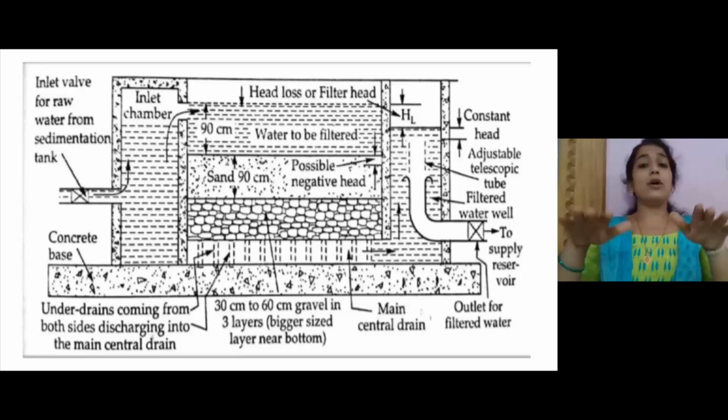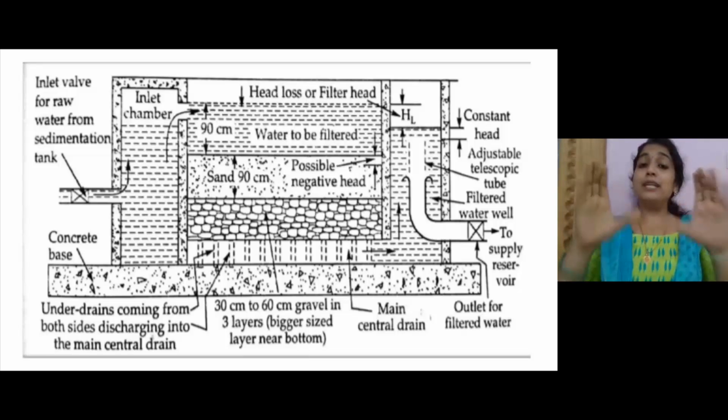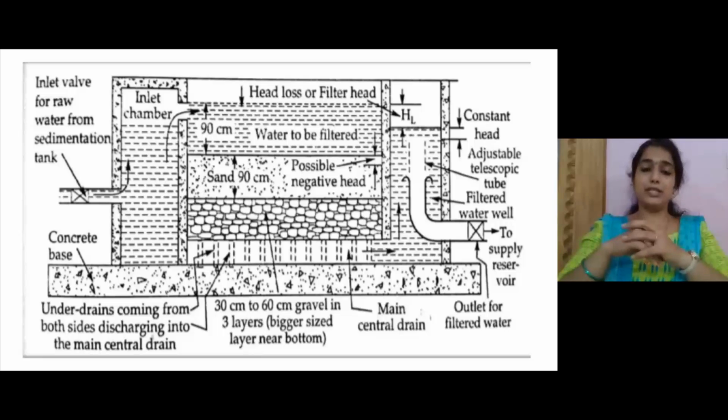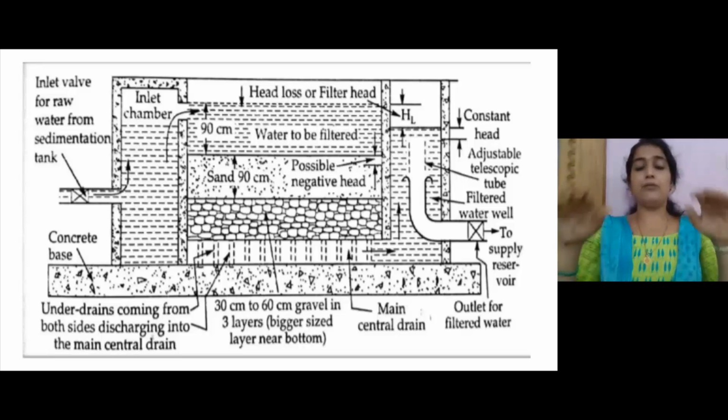This entering of effluent from the inlet chamber to the filtration chamber should not disturb the filter media present in the filtration chamber. So the water is coming from the plain sedimentation tank, entered into the inlet chamber, then again it entered into the filtration chamber. Then the water passes through this filter media, that is the sand media. Filtration happens, and the water will pass through this supporting media, that is gravel, and collected through the drain pipes,